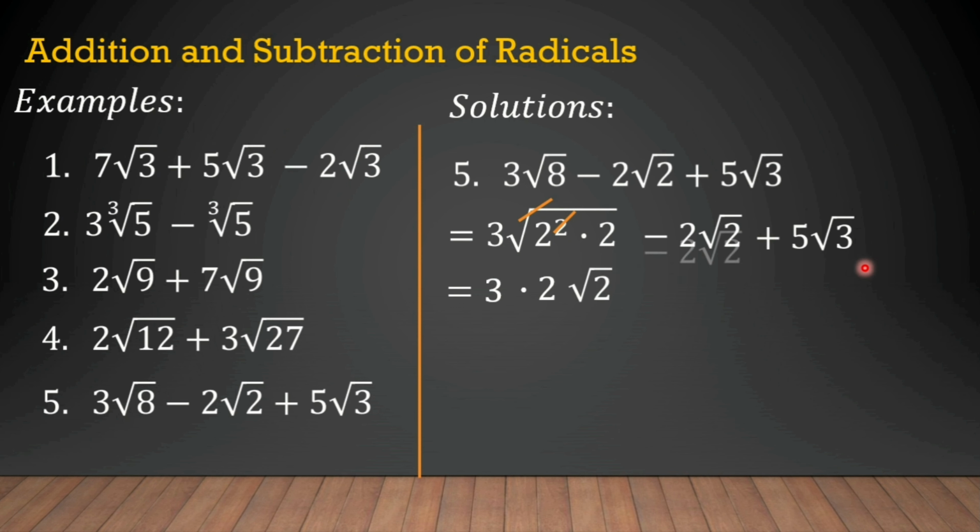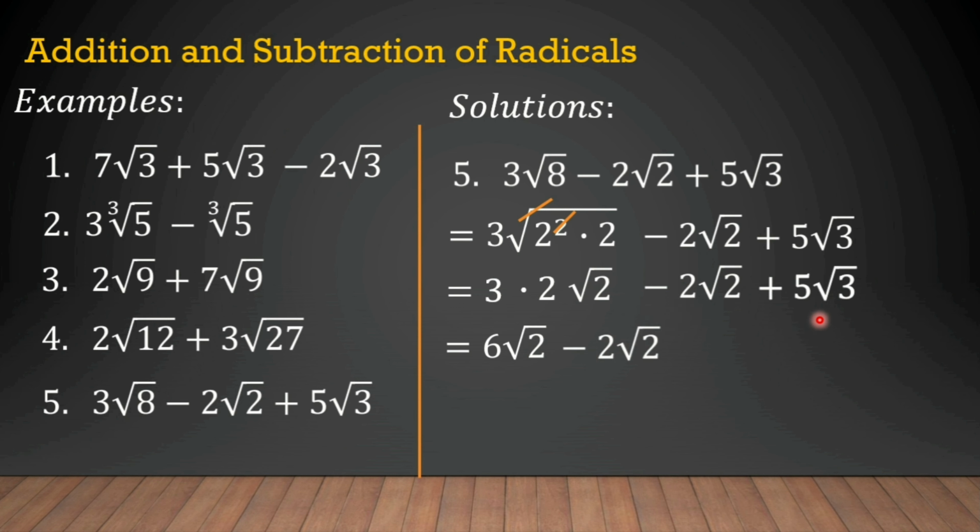Tapos ito, i-bring down lang natin uli. Then, i-multiply natin ang numerical coefficient sa 2. So, 3 times 2 is equal to 6. Then, copy the square root of 2. Again, i-bring down natin mga to. Yan. So, as you can see, dito sa expression na to, ang 6 the square root of 2 minus 2